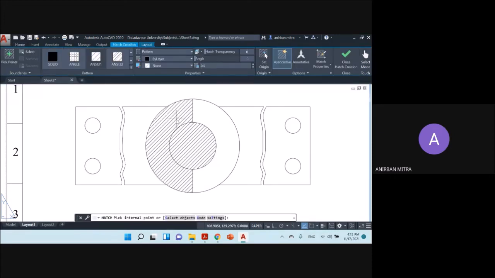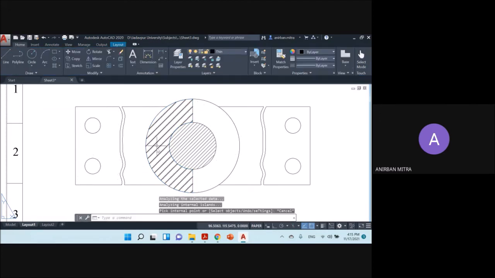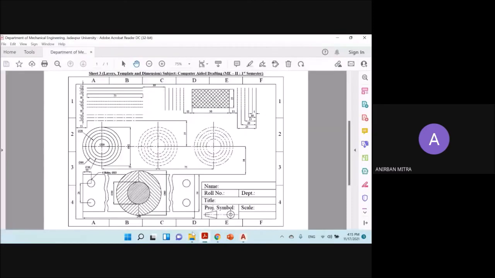Again, can do this, but this time the hatch pattern scale, put it as 1. So the spacing increases. You can see that the spacing has increased, and that is what is given over here.